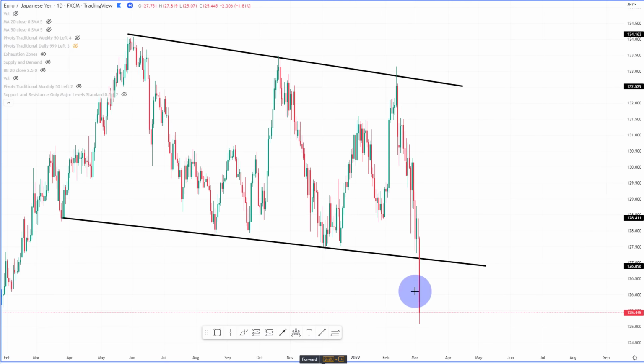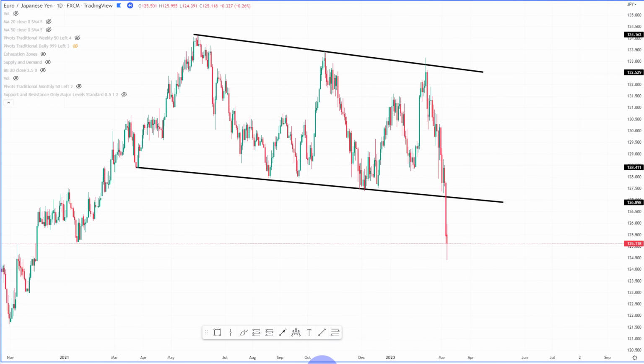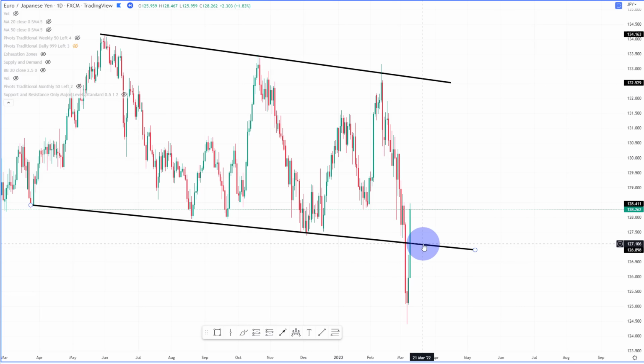So let's see, what is the market going to do? And do we get a complete trend reversal and change the direction? For now, you can see a little bit of a continuation, and now we're seeing bullishness. So we really want to see what is the market going to do here. And you can see this is exactly what you don't want to see, and this is exactly what's going to